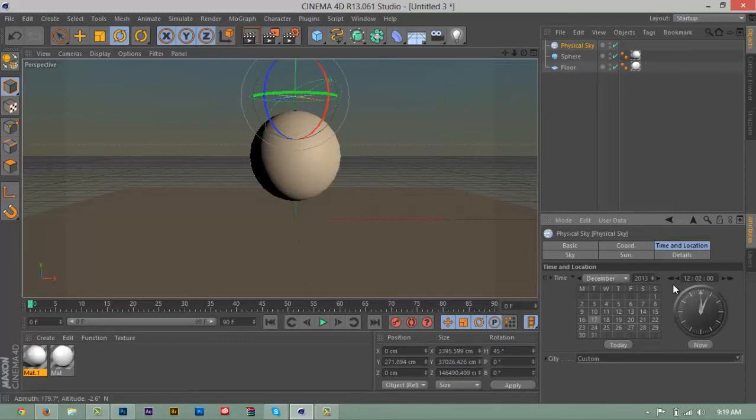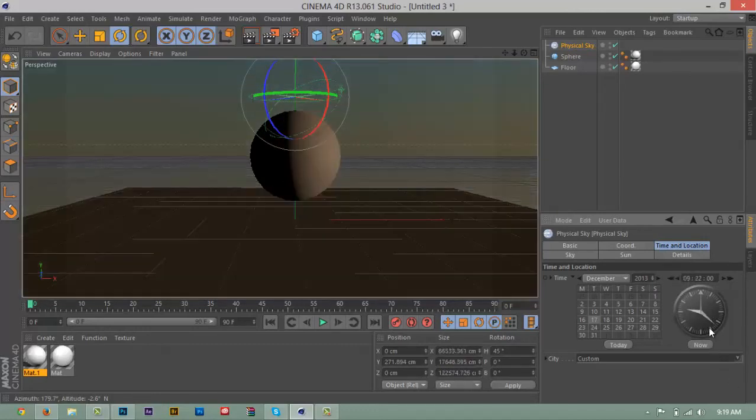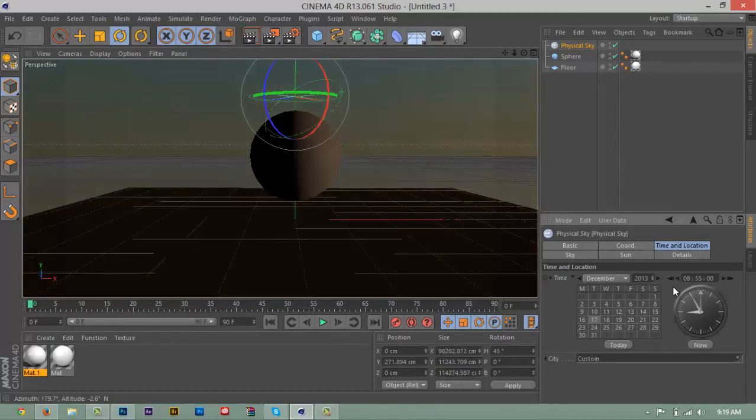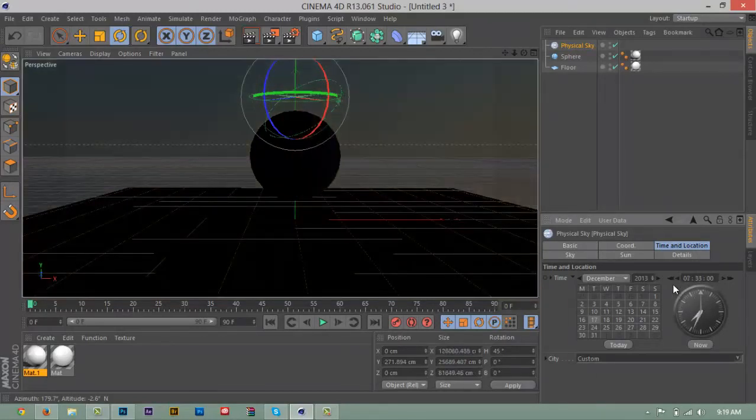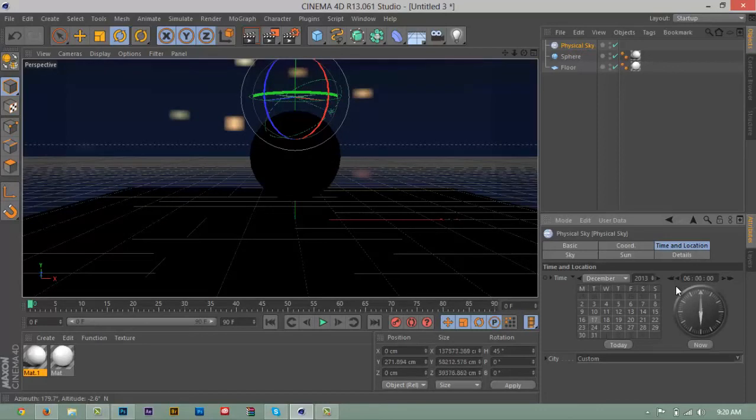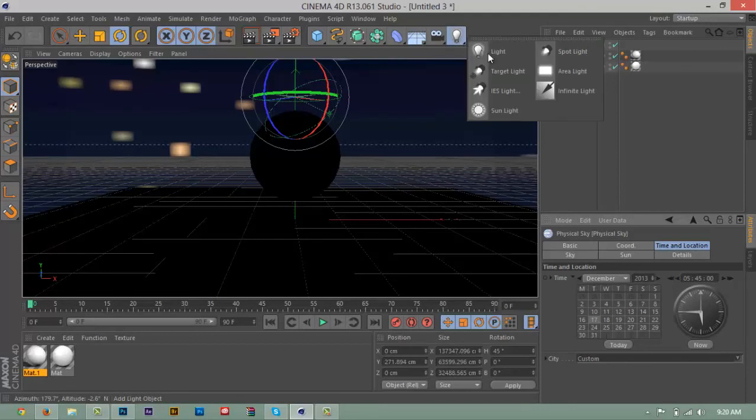And also if we want to go down here and go to the clock, we can see, oh wait, it's not working. I don't know why. It should, oh wait, I know why. Duh. It gets darker kind of in the daytime, which is pretty cool. And if you wanted to, which is really cool, as you can see, the sun moves with the time, so if you wanted to do a really cool sky movement render, it'd be really nice. So as we keep going, you can see that now a starry scene starts to come in, which is really cool. But obviously our scene isn't lit, so if you just wanted to light it, we could just add an area light,